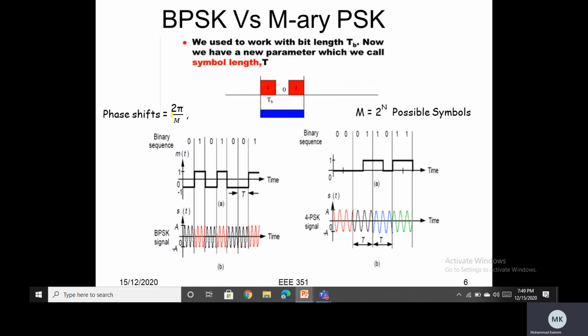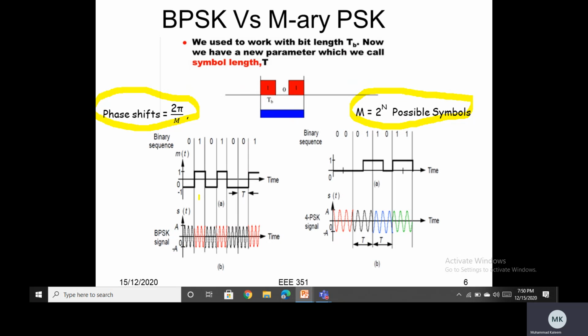In any M-Ary scheme, the phase shift between any symbols can be calculated with this simple formula, and the number of symbols used can be found using this formula. The following diagram graphically shows the comparison between binary BPSK and QPSK, which is 4-PSK, 4 phase shift keying. So if I have a binary data